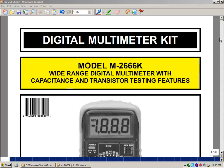Welcome to Troubleshooting 101. This is a course that's going to attempt to teach you how to make some basic electronic repairs. Maybe a good place to start is to build a meter that would allow us to do some of this troubleshooting. So as part of this course, we've asked you to purchase a digital multimeter kit from Elenco,